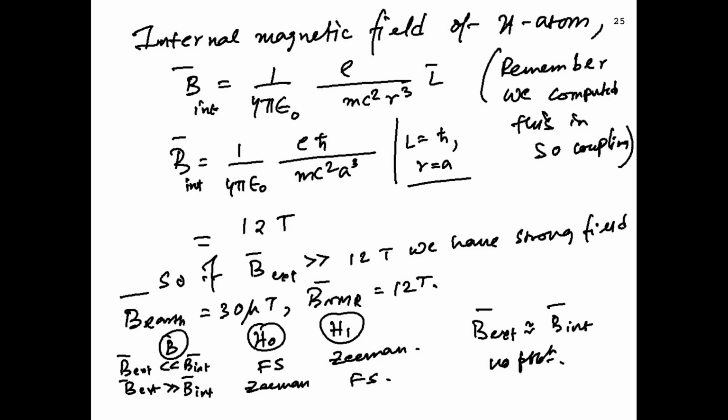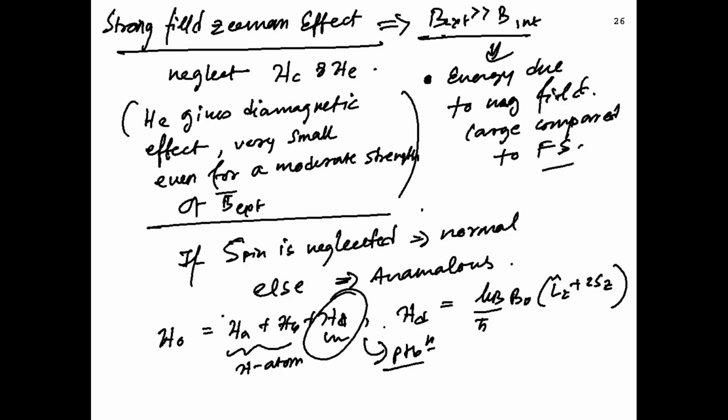So that is an order of estimate of in which part, what kind of situation you can treat this problem as a perturbative problem. Okay. Now the strong field Zeeman effect is basically when B external is greater than B internal, and let us see how to treat this. So for the time being, let us neglect the HC and HE terms,